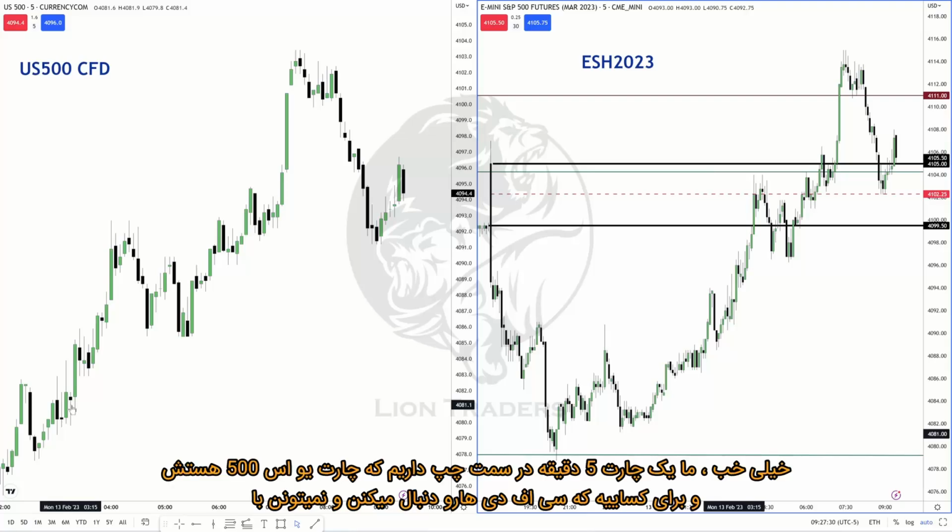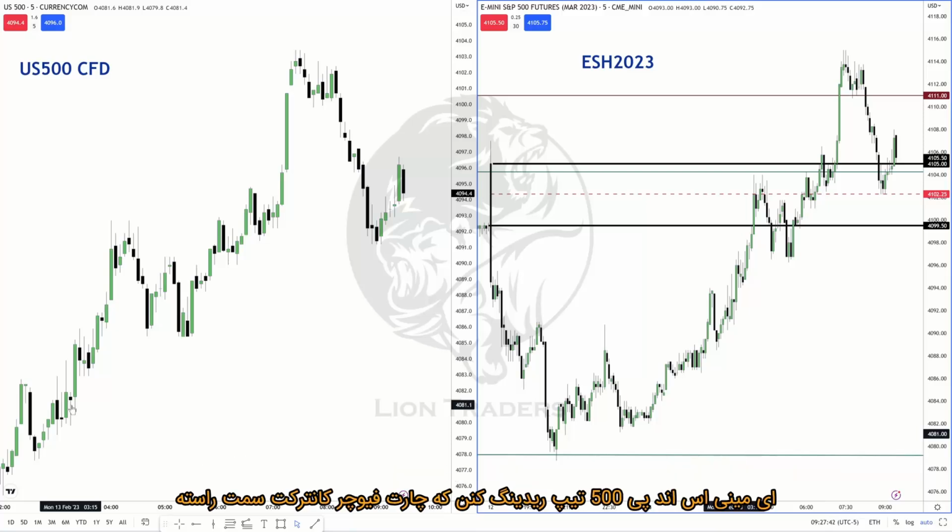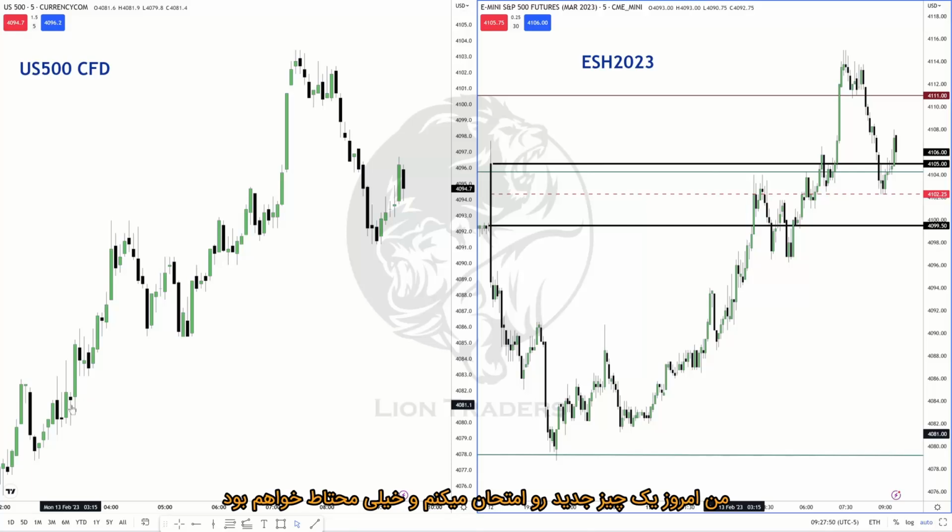All right, so we have a 5-minute chart on the left-hand side. That's the US 500 for folks that are tracking the CFD that can't trade with the, well, not trade, but tape read the E-mini S&P 500, which is the futures contract chart on the right-hand side. So I'm trying something new today. I'm going to be very cautious because I'm trying to get comfortable with